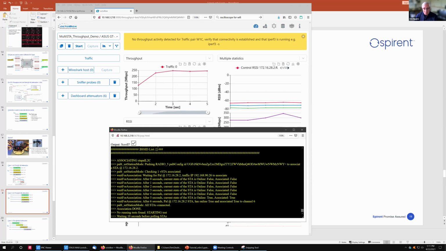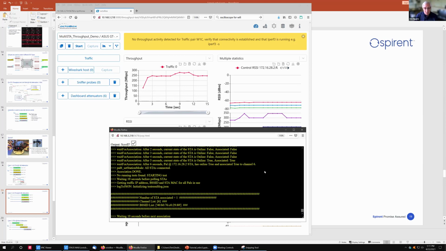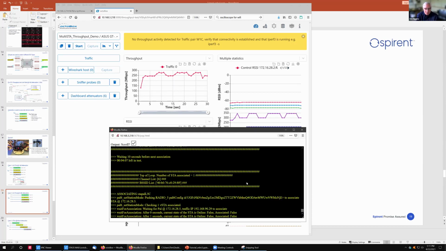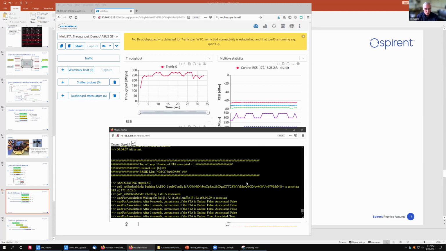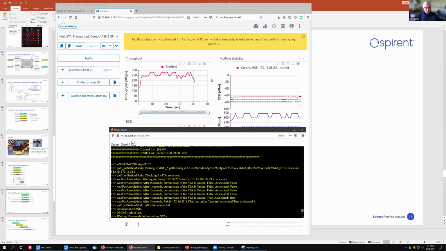And in fact, the first station, the dual stream AX station, did get connected to channel 6, so it got connected to the 2.4 radio. We'll see if that continues. Again, these are the same stations. All we did is move them away from the AP. So you can see that a dual stream AX station moved far away sees its throughput drop. You're still getting 250 megabits a second, which isn't too bad and is still very usable, but it's certainly not the 900 or so that we had before.